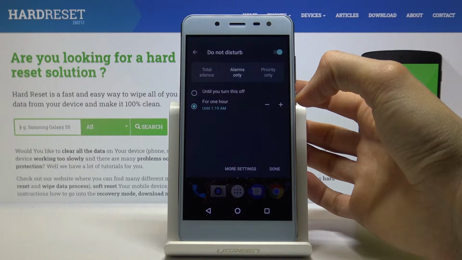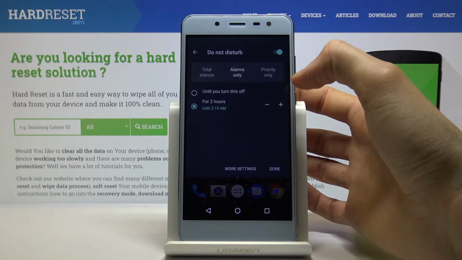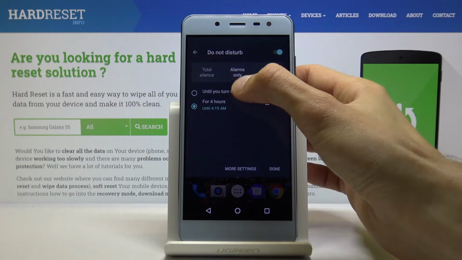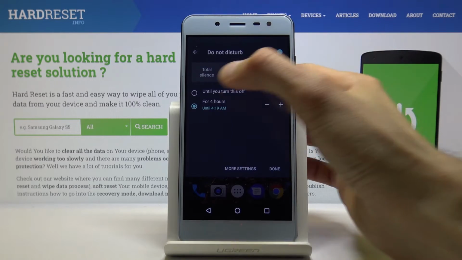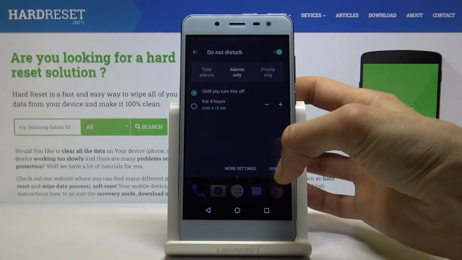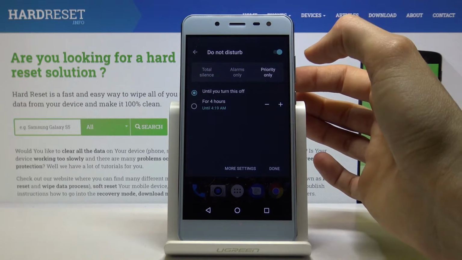You can either set it up to be for an hour by default. You can also tap on the plus to add additional hours if you wish to, or you can choose until turned off, right here. And once you select which one you want, you can then tap on done, and you also have a couple of additional